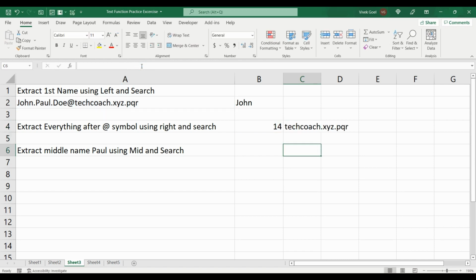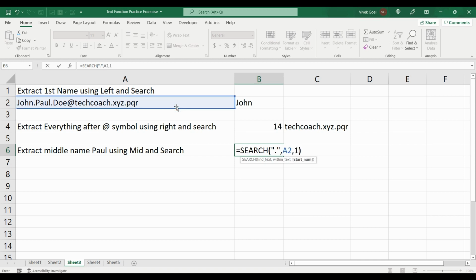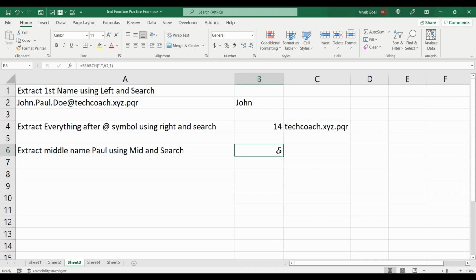For the next one, we have to calculate the position of first dot and the second dot and then we will take their difference to get the length of characters we want to fetch. Calculating the first position is simple. We will write search. Dot will be our first parameter. This will be our string and we will start with 1.